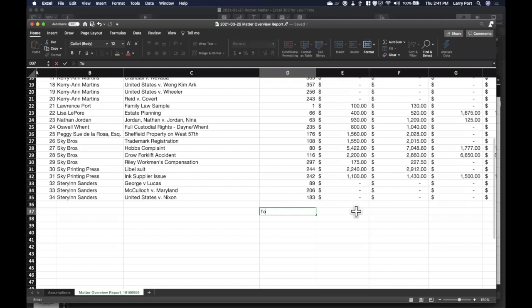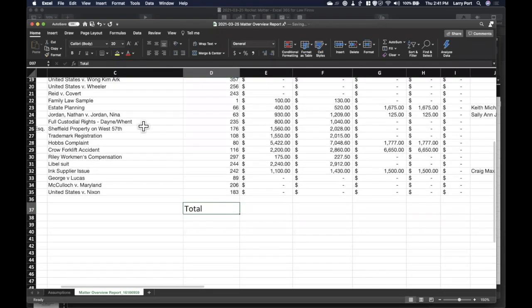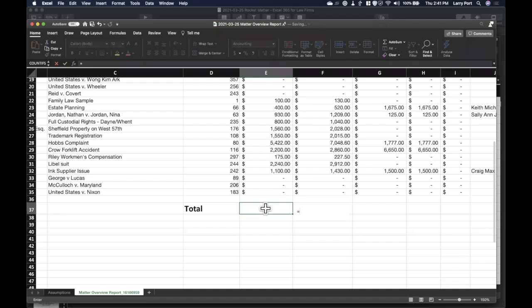Let's call it total because that's what it's going to be, right? And I'm going to make that font just a little bigger so everybody can see. So what I'm going to do in this next cell is, remember, I have to hit the equal sign first, and then I have to type in SUM. And now I have a contextual menu popping up.